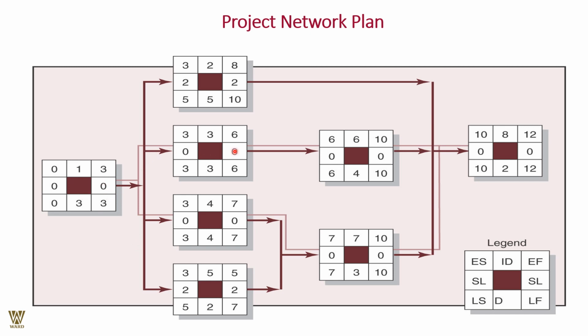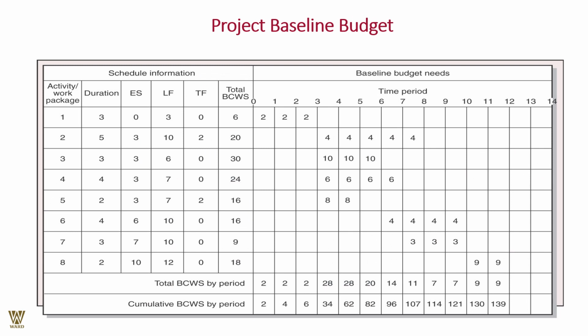So you can go this path, probably you can go this path, you can go this particular path, and so on and so forth as the case might be. And this is basically nothing but PERT, Program Evaluation Review Technique, or CPM, the Critical Path Method, which goes around it. So project baseline budget, as the case might be, if you look into it, what is my earliest